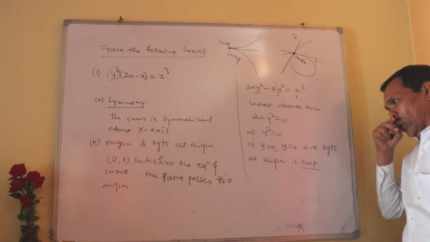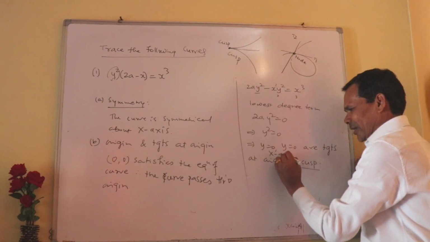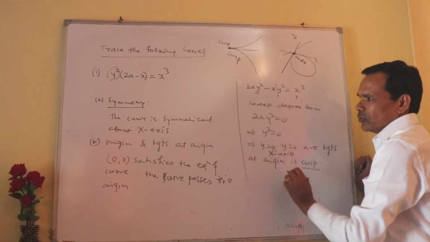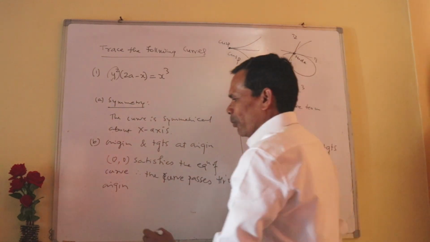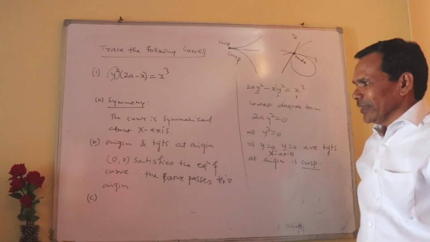y is equal to 0 means the x-axis. The x-axis is the tangent at that particular point. So this is the second point. Now the third point is